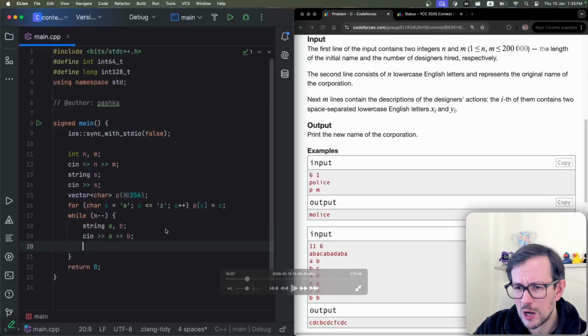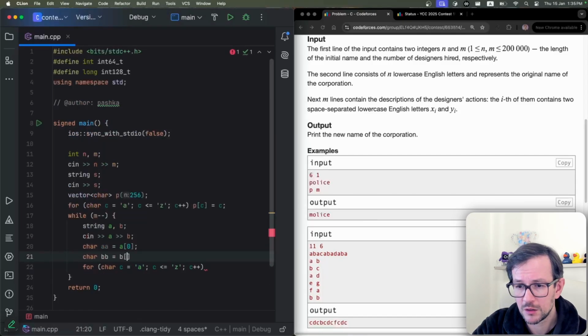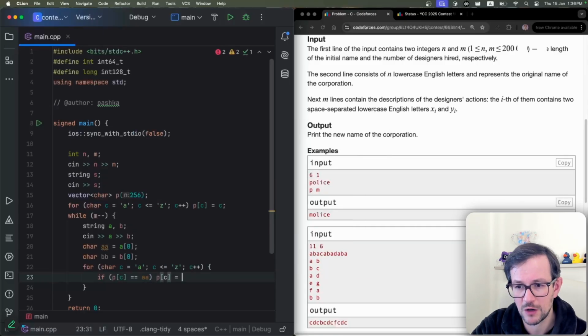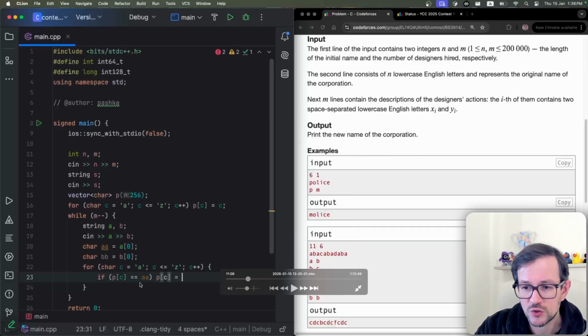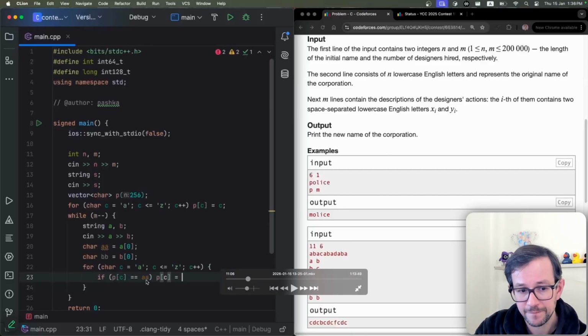I actually don't know how to read single characters, so I read them as strings of one character and then just take the characters. It doesn't look very nice, but I don't know an easier way to do it. Yes, so I have these 2 characters. Now I iterate over all letters and see if this letter is now pointed to A. So P of C says, for initial letter C, what is the final letter? If this final letter is A,